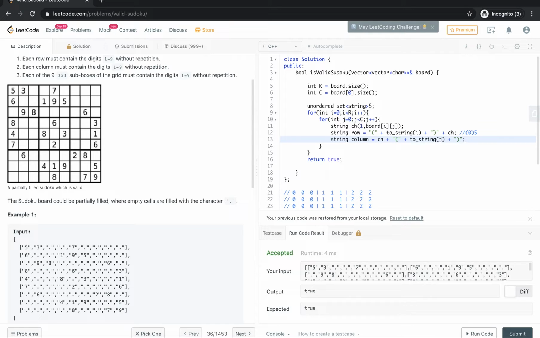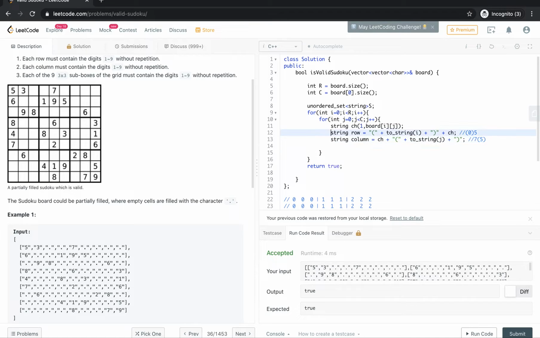So for column, how we'll insert: let's say for 7, the column is nothing but 5. So the element is 7, so 7 followed by 5. This is the pattern that we are going to follow for column. By this way, we can differentiate row insert and column insert.